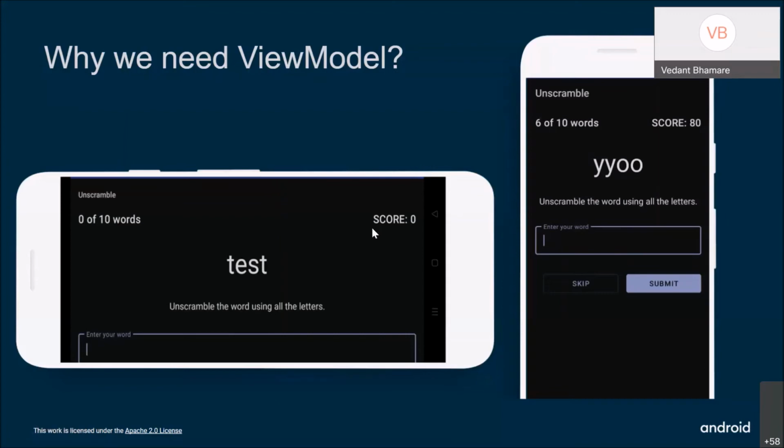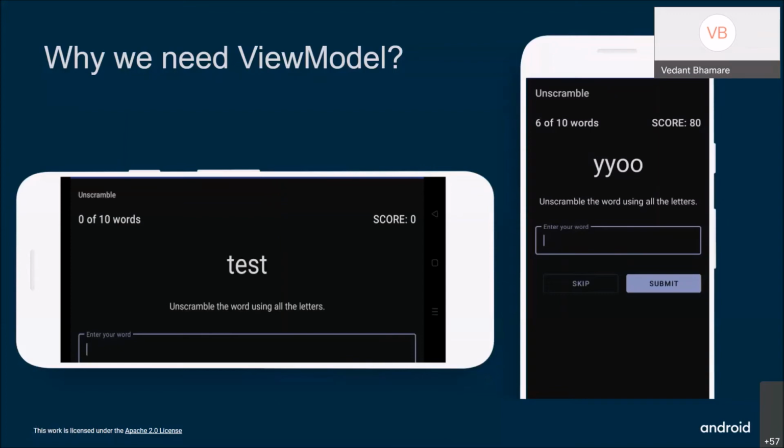So just imagine that you're playing a game and your progress is just lost because you rotated your phone. You would be giving very bad feedback to that company, and it wouldn't be nice. So as a developer, you have to consider this, and you have to write some code to tackle this issue. So here is where ViewModel comes in.